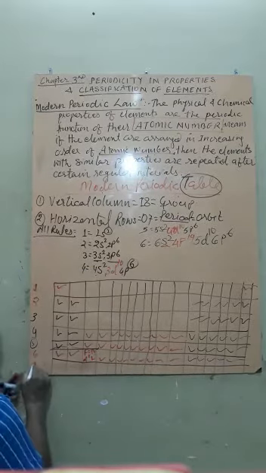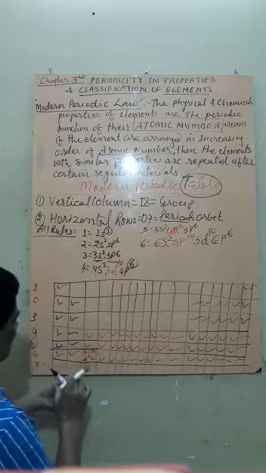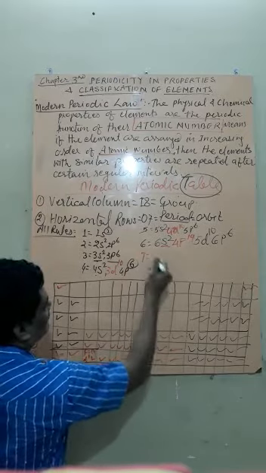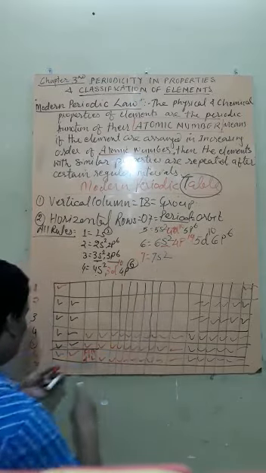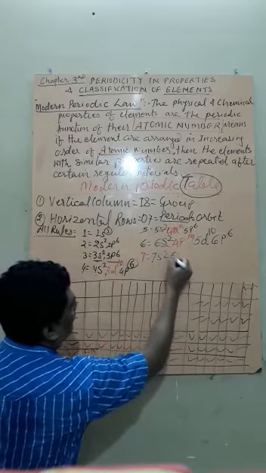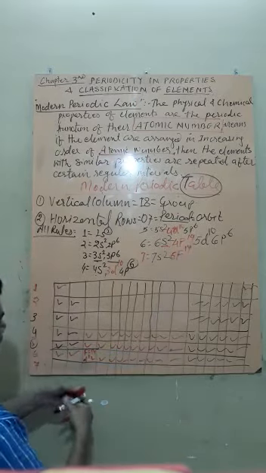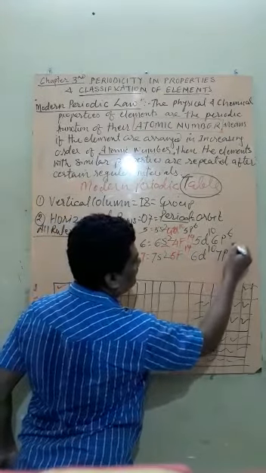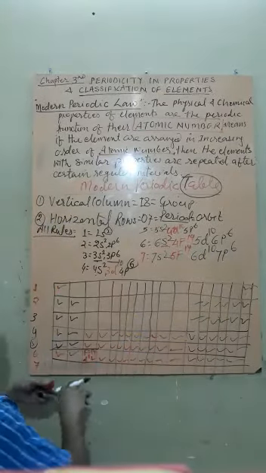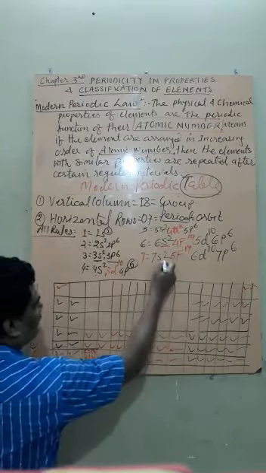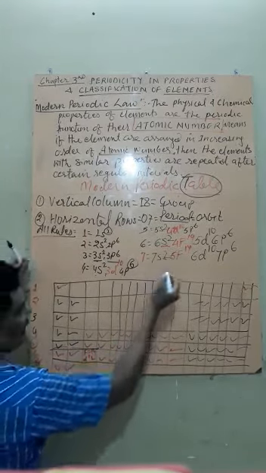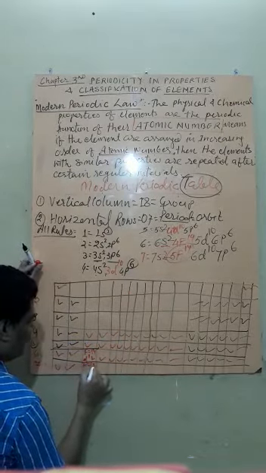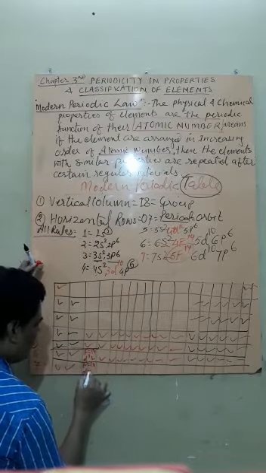And now period number 7. Again period number 7, how to describe it? You can describe it as 7s2. Now after 6d there will be 5f with 14 electrons, and then there will be 6d with 10 electrons, and then 7p with 6 electrons. Now start filling 2 electrons first here, 1, 2. Again similarly 5f14, so 14 electrons of f and 1 electron of d.